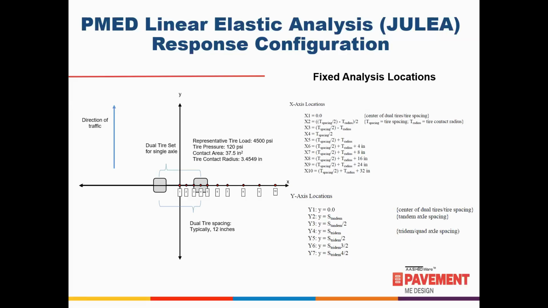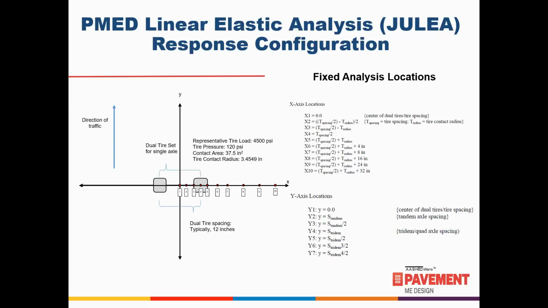So along the x-axis, which is, again, lateral across the roadway width, the assumption is that the wheels, which again would be one half of an axle, are going to be centered around the y-axis. And your spacing default is generally going to be 12 inches. So the center of each tire is going to be roughly 6 inches from the y-axis. It's not really drawn to scale there, as we mentioned.